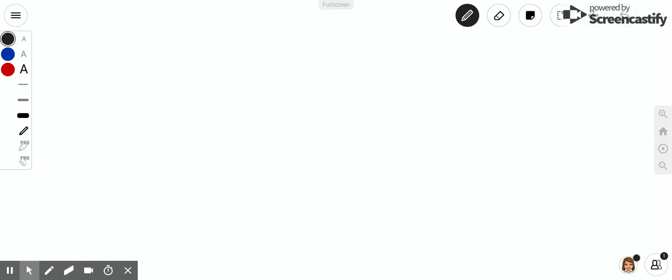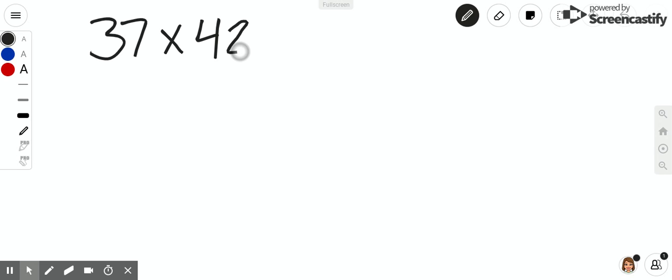Everyone, today we are going to be doing the lattice method. The lattice method is a strategy used to multiply multi-digit numbers. So today we will be multiplying a 2-digit number by a 2-digit number: 37 times 42. Now in order to set up our grid, we need a 2x2 grid, which kind of just looks